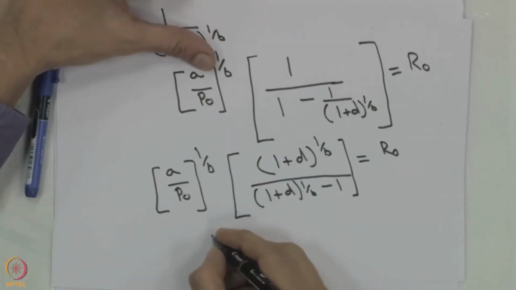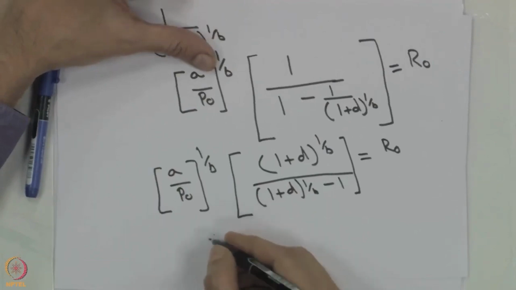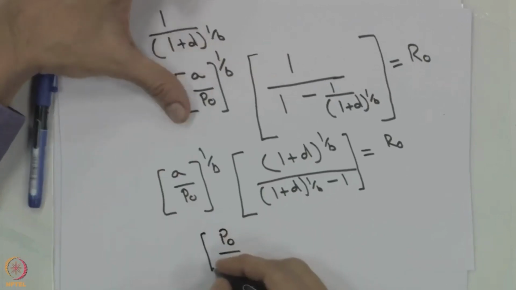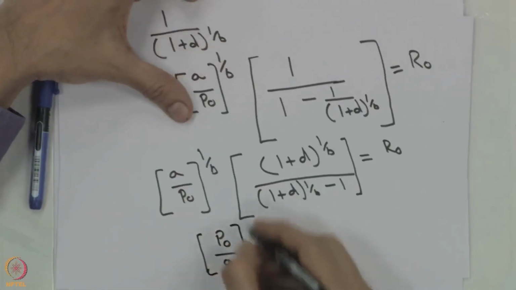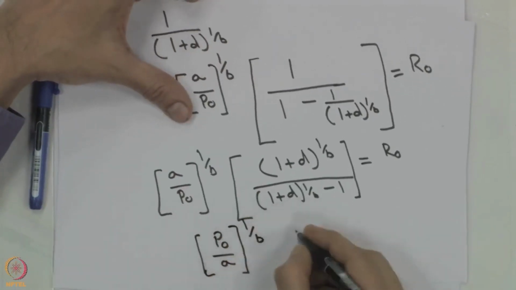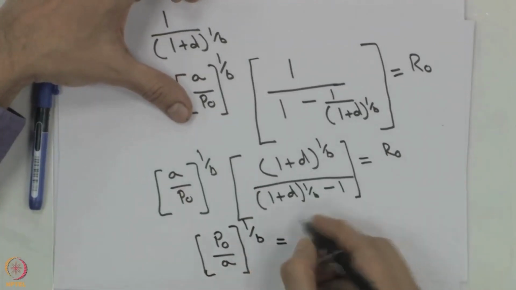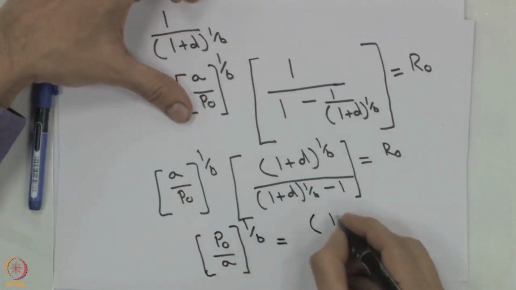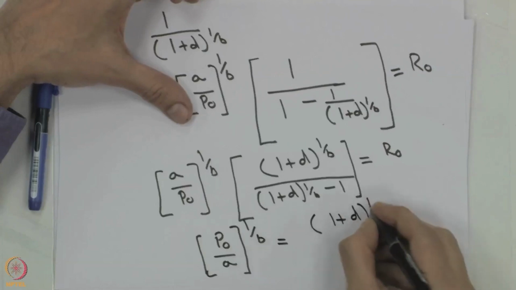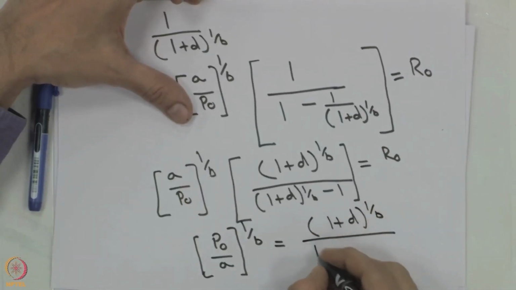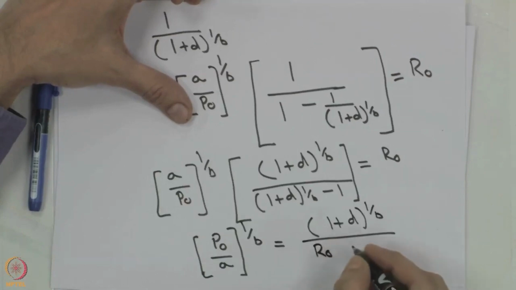P0 by A raised to 1 by B is what we have here, and this will be equal to 1 plus D raised to 1 by B raised to R0